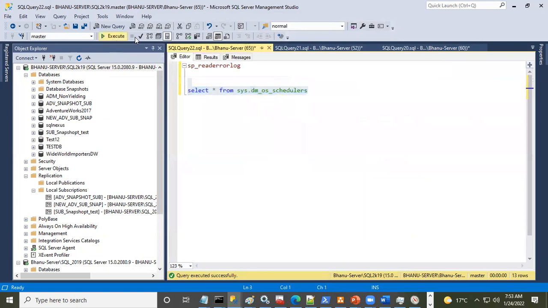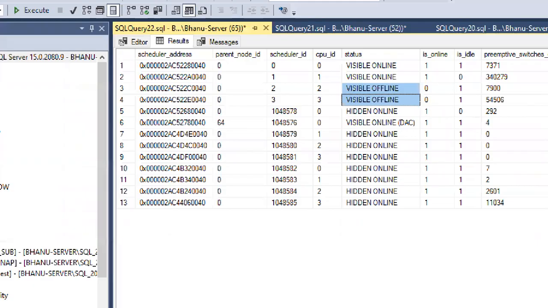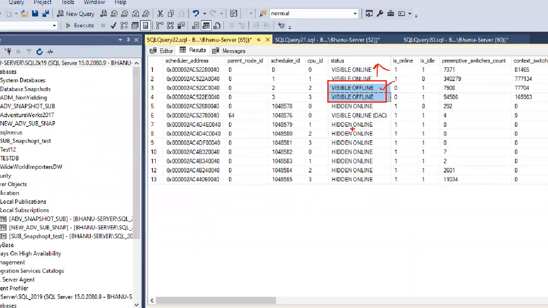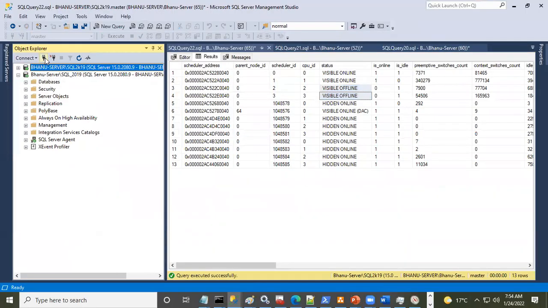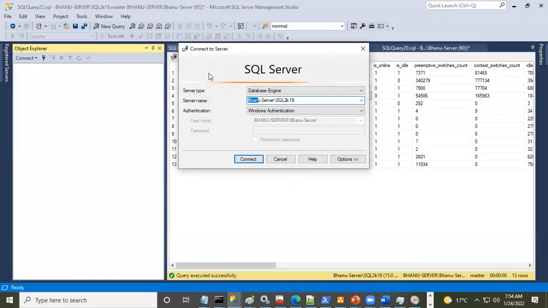Now execute the same. See, visible offline, right? Visible offline, where the threads will not be executed on these offline schedulers, right? So we are restricting to run only these CPUs, right? For example, let's consider